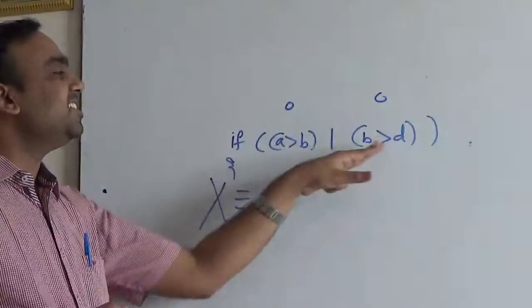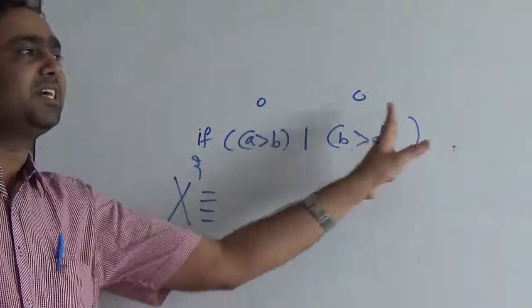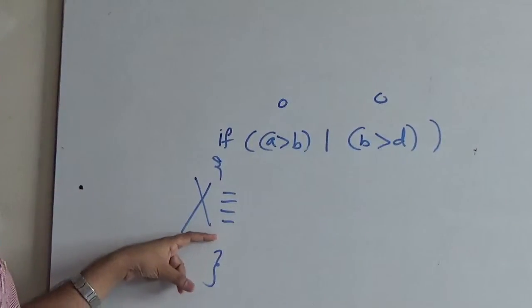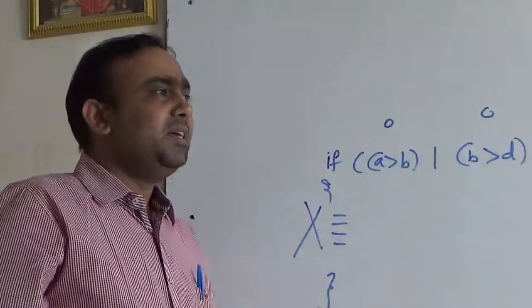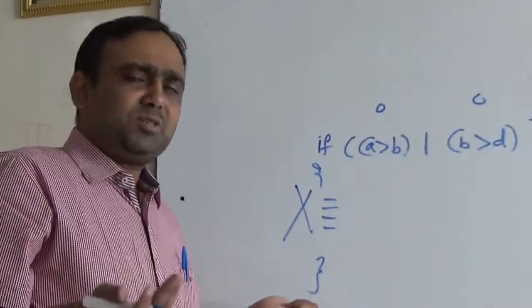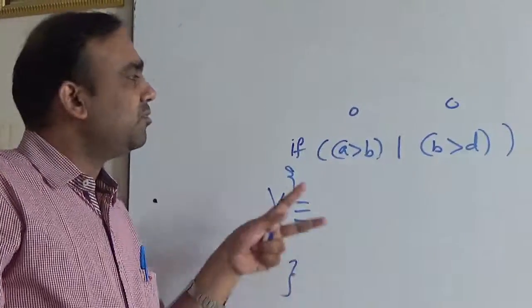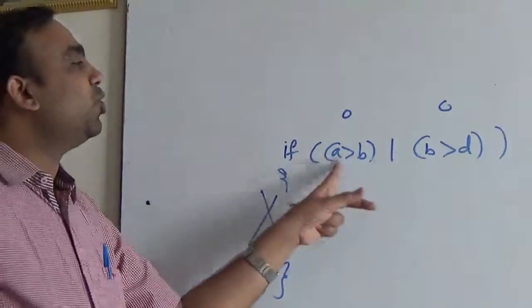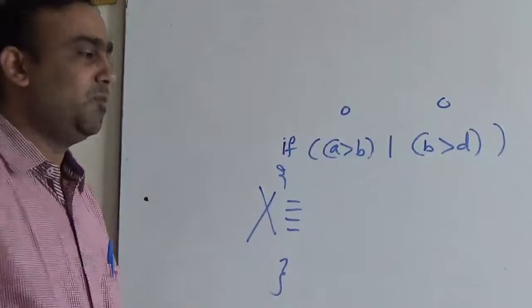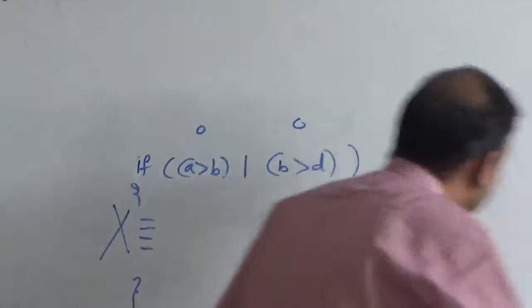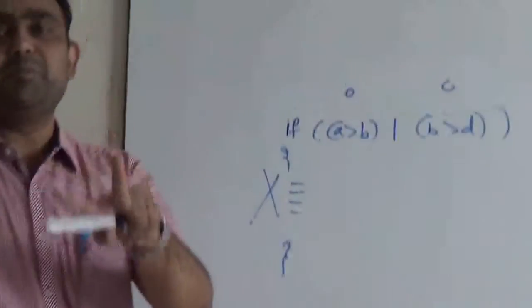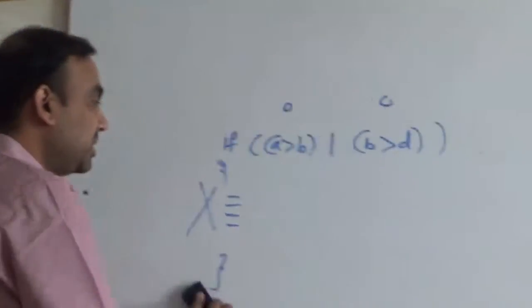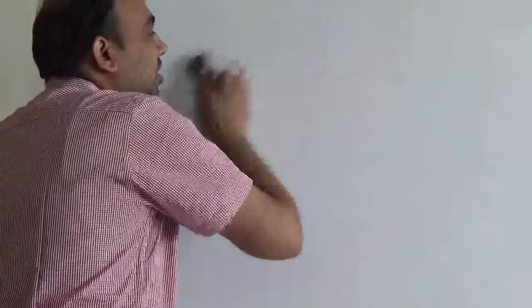That means if any one condition is true out of the given conditions, your code or your decision will be taken, otherwise the decision will not be taken. If both conditions are true, then also the decision will be taken. So when will the decision not be taken? If both conditions are false. So this is about the concept of ORing. Now there may be 2 inputs here or 3 inputs or any number of inputs. Minimum 2 inputs, maximum no limit.